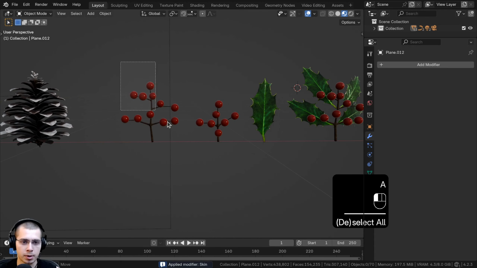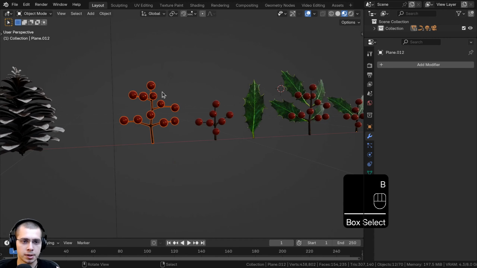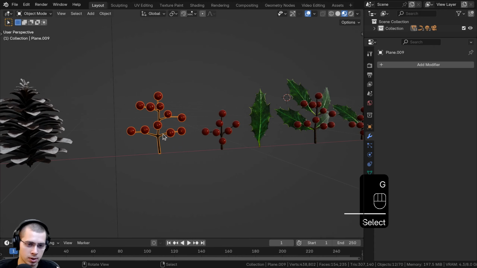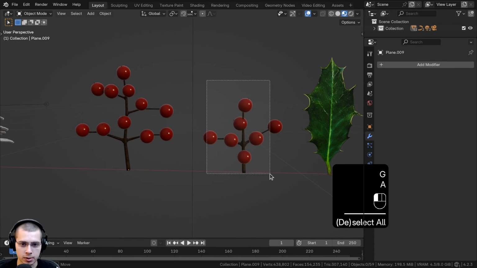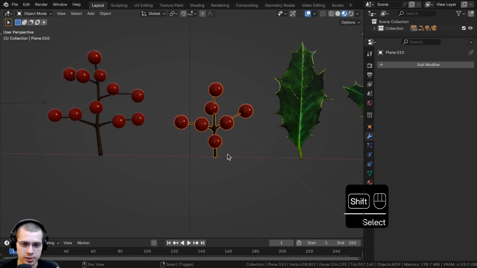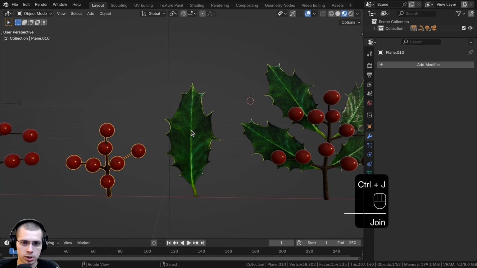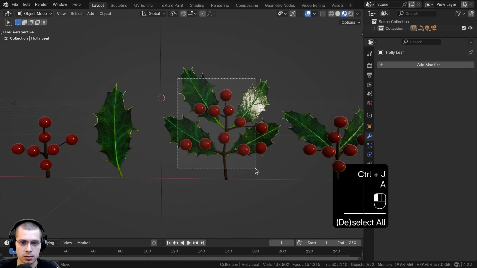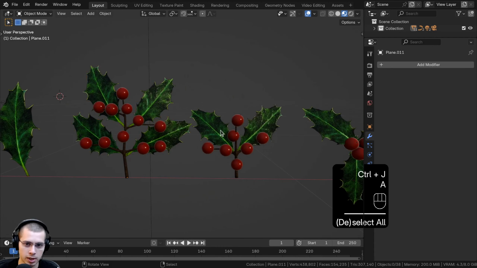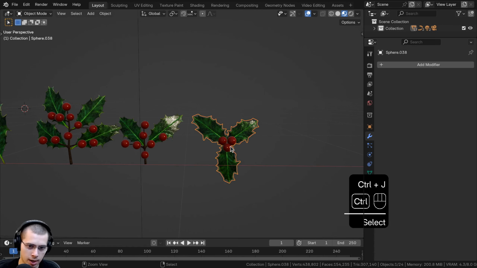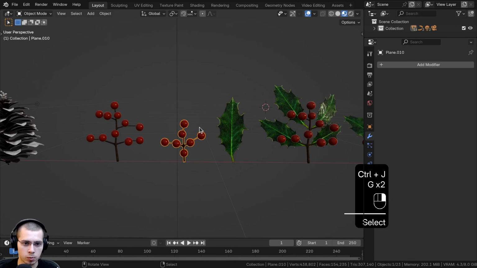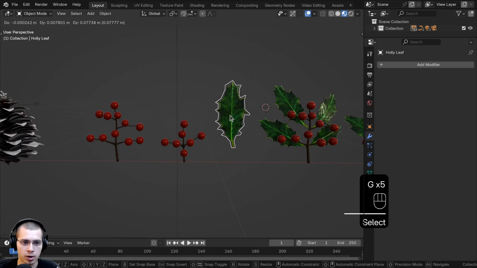So now we can box select all these ones here, not the light in the back, but just those ones, and press Ctrl J to join them into one object. We'll box select all of these, and then lastly shift select the twig and hit Ctrl J. That's one object. So this one here, Ctrl J, select these ones here, and then the last one here, join that into one object. So now they're just all one object,